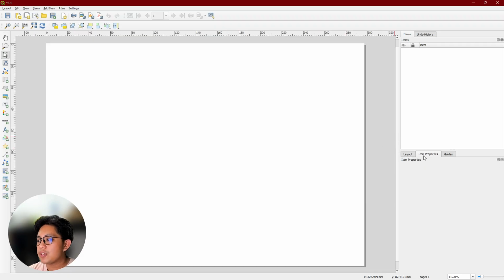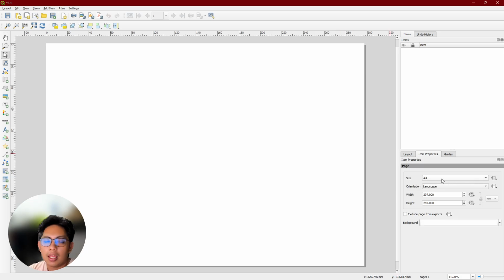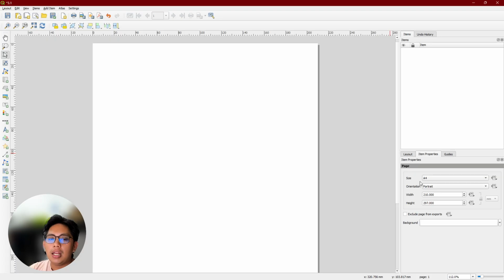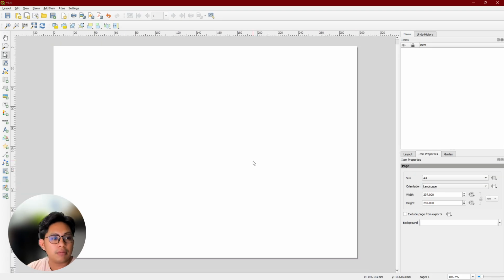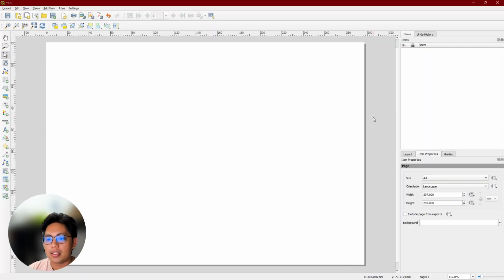So we'll start first with the paper. Page properties. I want it to be A4 always. And remember the heights and widths of A4. It's 210 by 297. Kamu bahala kung portrait, kamu bahala kung landscape. Kayo bahala. It's up to you guys. It's the point of the layout manager. It's to make the layout.